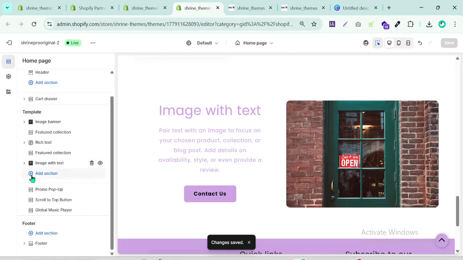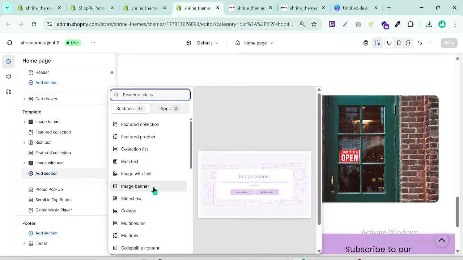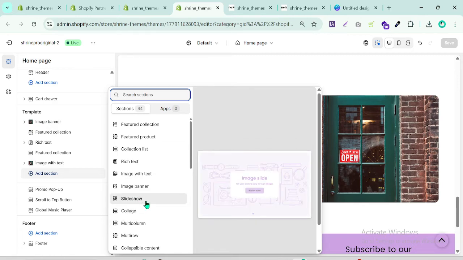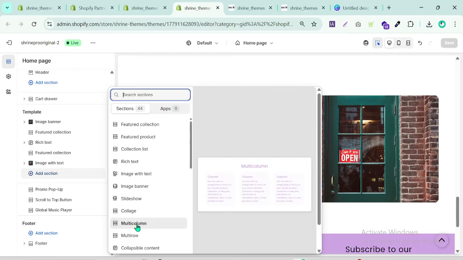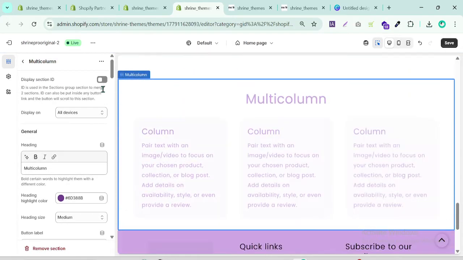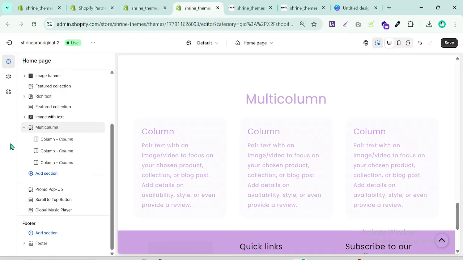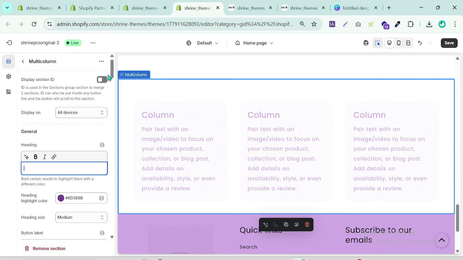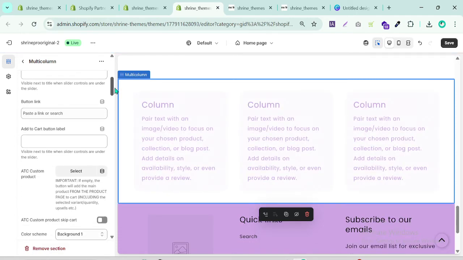If we need another section, add section, so we can choose a slideshow, collage, multi-column. So let's click slideshow or collage or multi-column. So I prefer multi-column. You can set up here, you see 3 multi-columns are here. So you can change the title here, general, you see heading multi-column, or you can choose this multi-column column. This is the main section. So if you want, you can change your content or remove this. I will remove this, and we need to